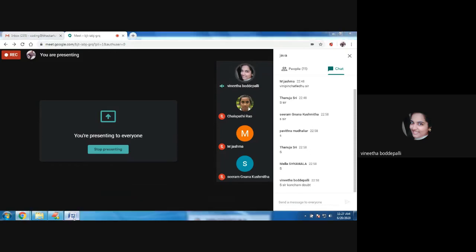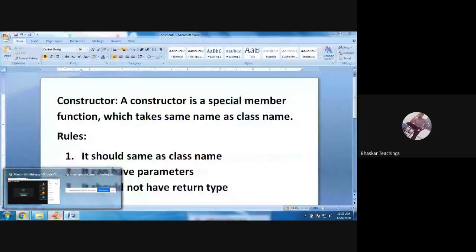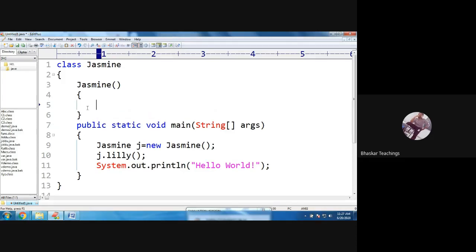Okay, so listen, a constructor is something we are going to have inside the class. In the first class of introduction of classes, I told you a class can have a variable, a method, and a constructor. We know what a variable is, what a method is. Now it is time to learn the constructor. The more examples we see, the more you will get to understand. But for now, you need to know that a constructor is also the same as a function. It is going to have a body, it is a block. Function means it's a block, right? A set of statements.